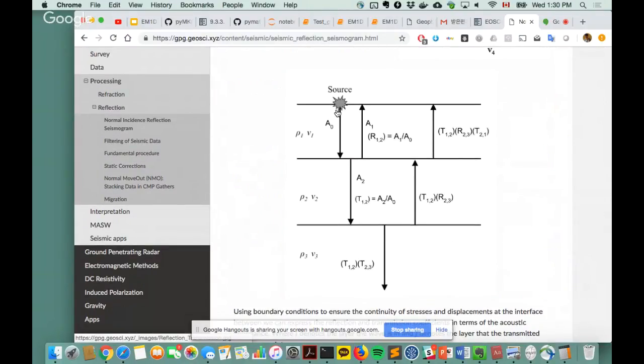So remember, do you remember NMO? NMO correction? Normal moveout correction? Can somebody talk to me? What is NMO correction? Okay, so